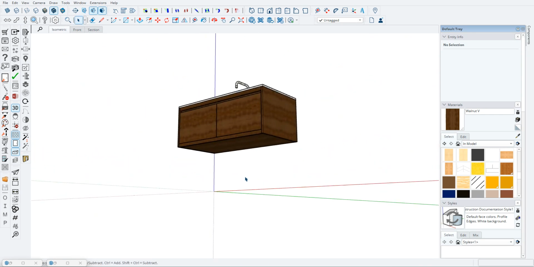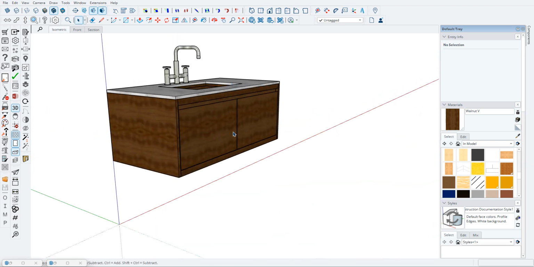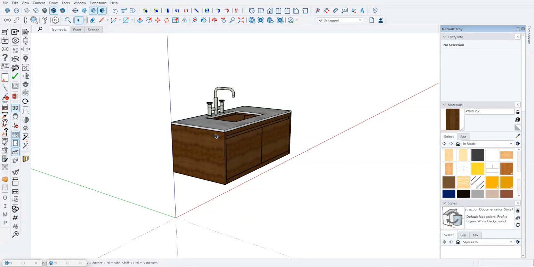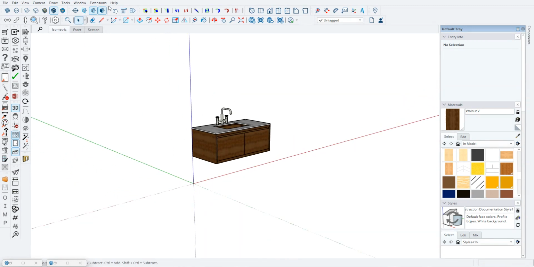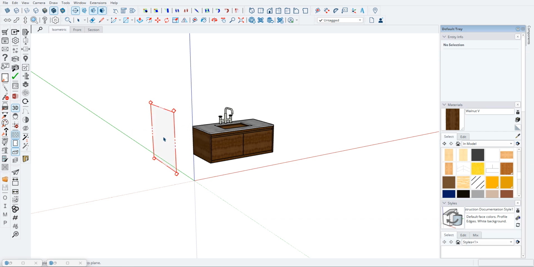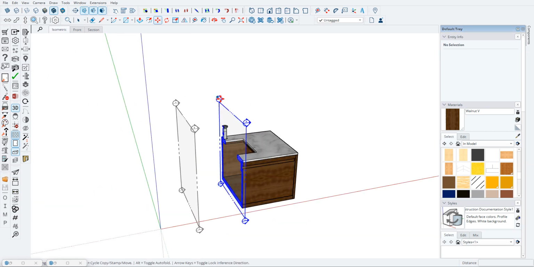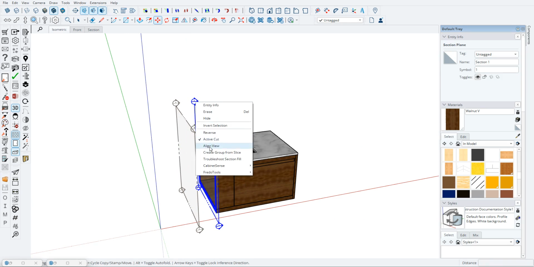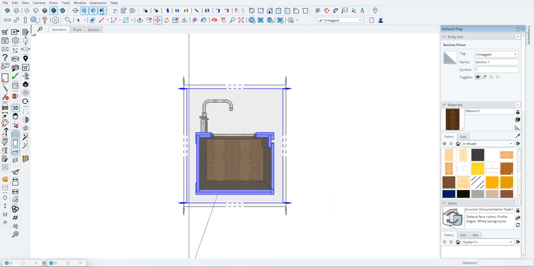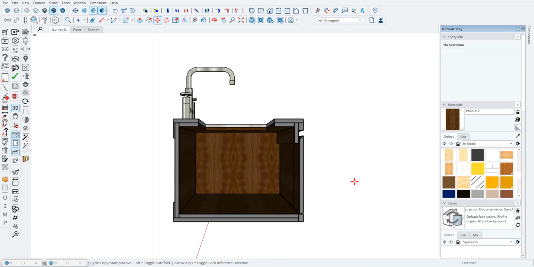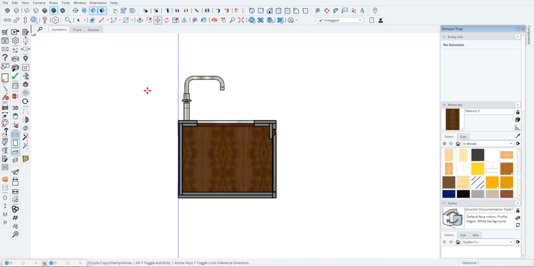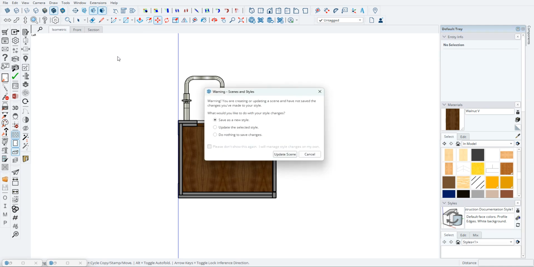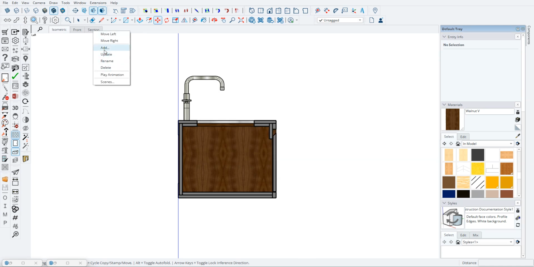Now the next step is going to layout. That's a whole other learning curve, layout and bringing this into 2D. There is still a little bit more setup to do, like with the section tool, getting your section cuts to go into layout to really get your 2D line drawings and dimension everything out. A little bit of work to do. You basically just create, I'm doing it right here, you use a section tool and then you create a scene, okay,